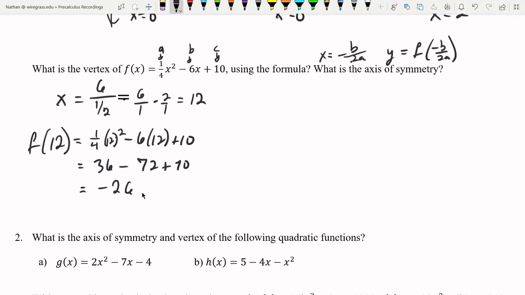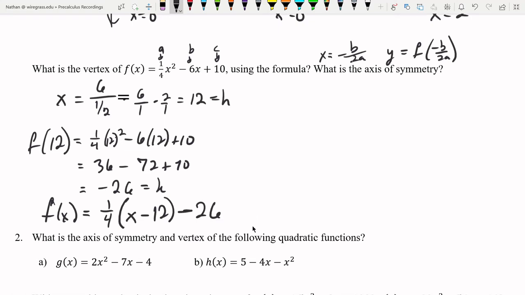Okay, and we already know that a equals 1/4. That means I can actually write f of x in vertex form by using a. a times x minus h. h is the x coordinate of the vertex, so 12. Plus k. k is the y coordinate of the vertex. So instead of plus -26, I'm just going to write -26. That is the vertex form of this quadratic. They didn't ask for that, but